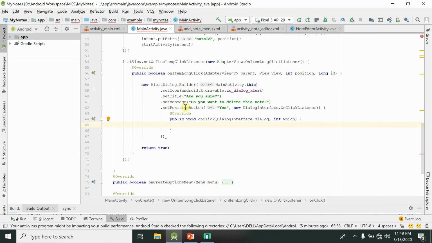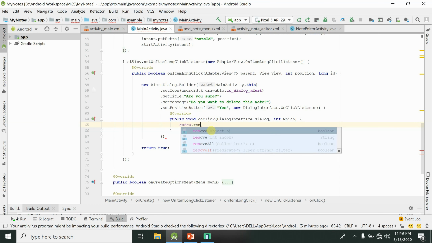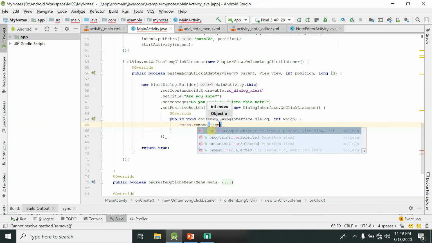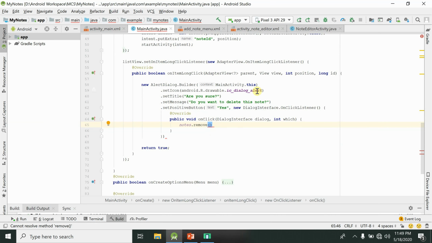Alright, so inside this anonymous class we have a method on click, and I'm going to say nodes, because nodes is our array where we have stored all of our nodes. And then I am going to say item to delete. Item to delete is in fact the position variable, which gives us the item that we have long clicked.